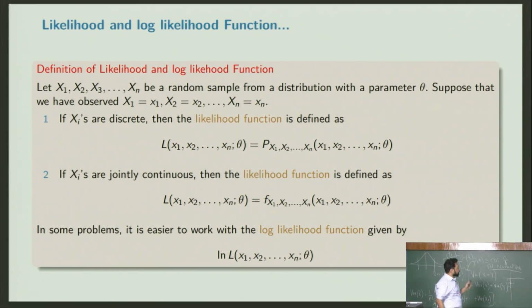So in general, when you see theta here, it does not have to be one scalar theta value. It could be a vector of theta. So we are writing this as a very generic probability distribution function. Now which one you pick depends on the problem at hand. So we can build a likelihood function. Likelihood function is nothing but the joint probability distribution with the parameter theta for the distribution. And if it is discrete, then we have the PMF, and if it's continuous, then we have the PDF. So there's a slight notation change, P to F. This is the standard notation that we try to use.